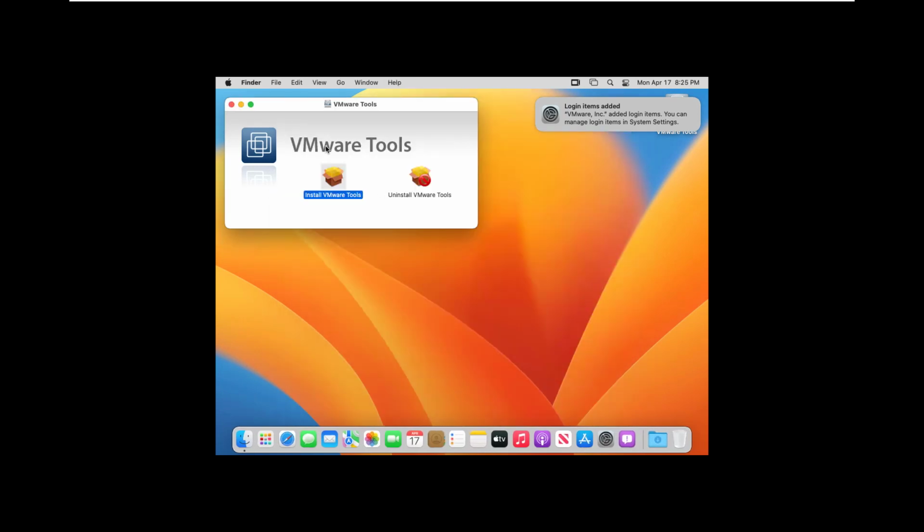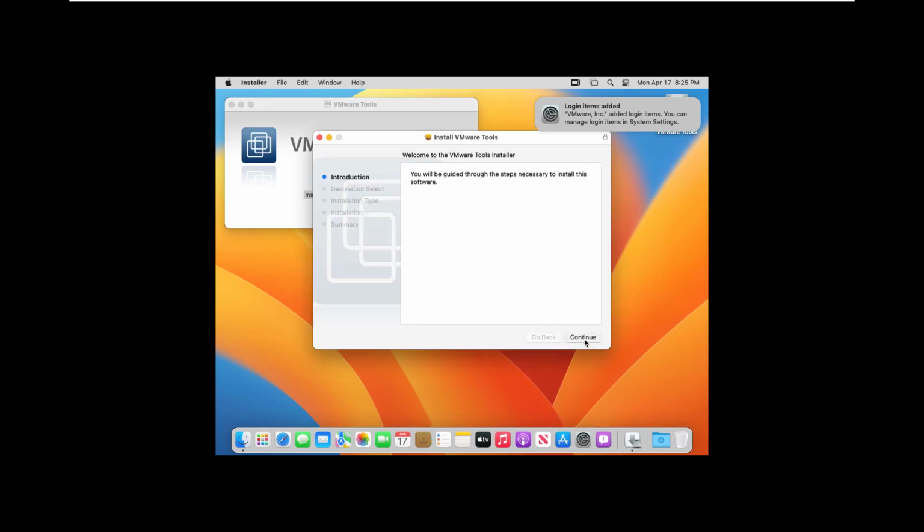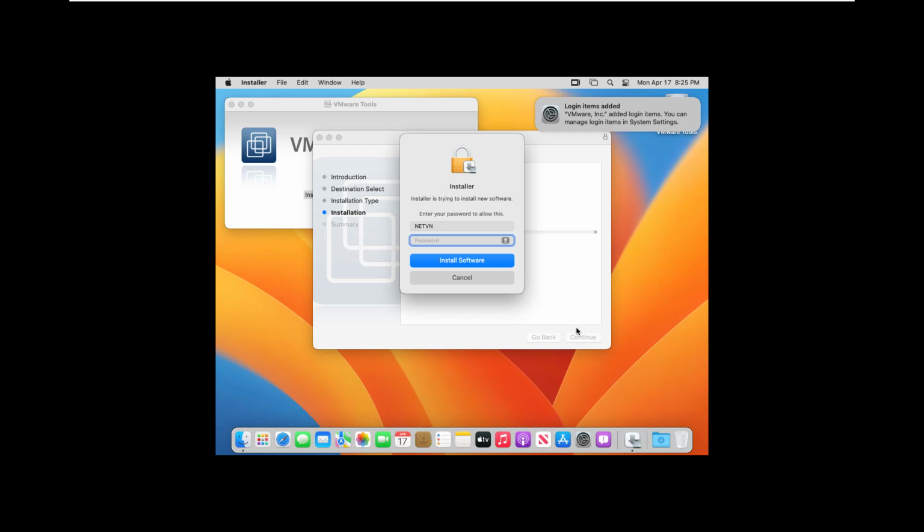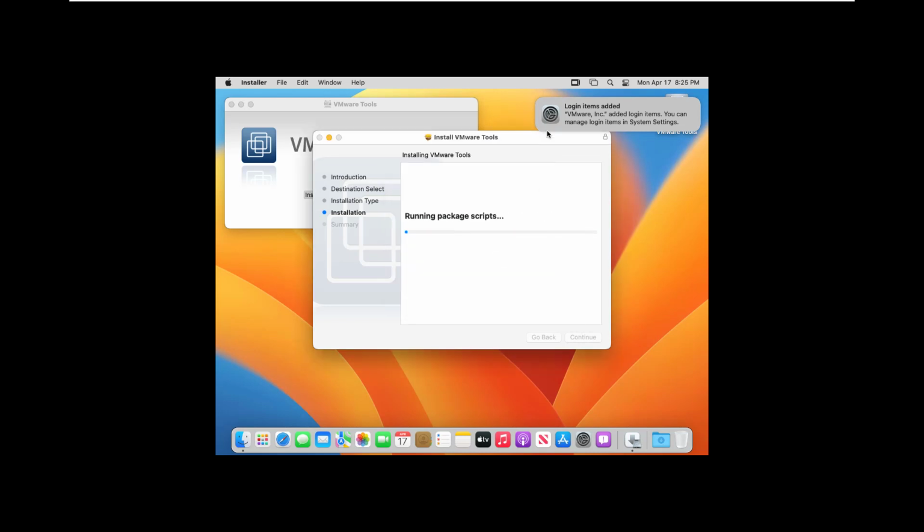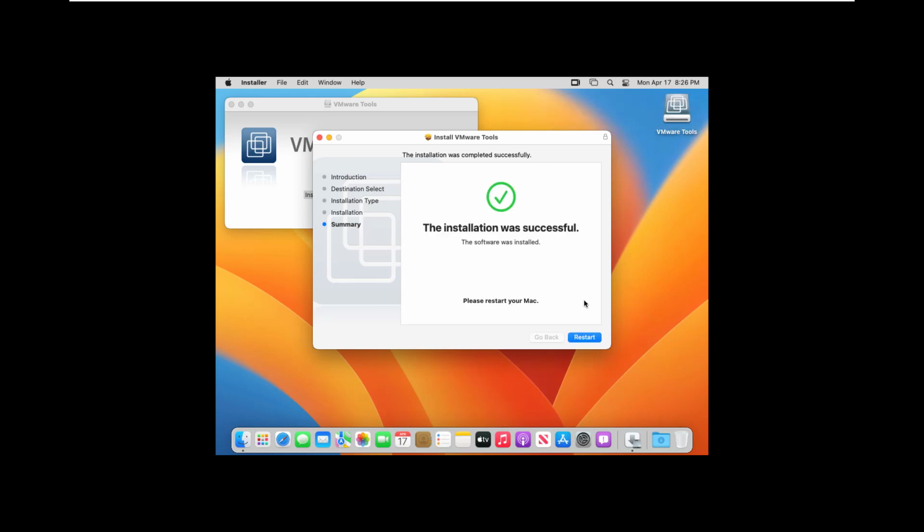If you fail the first time, don't be discouraged, you will succeed the second time. After you successfully install, you restart the virtual machine to apply the changes.